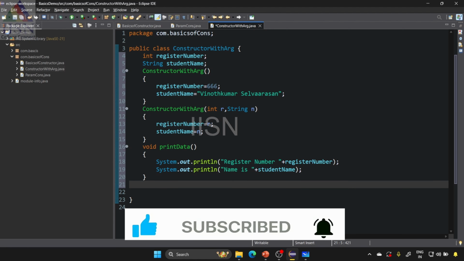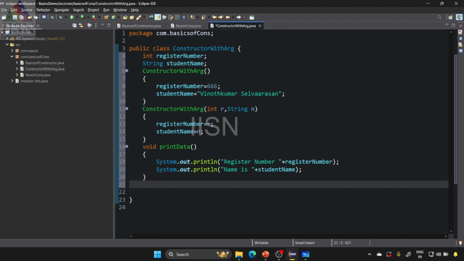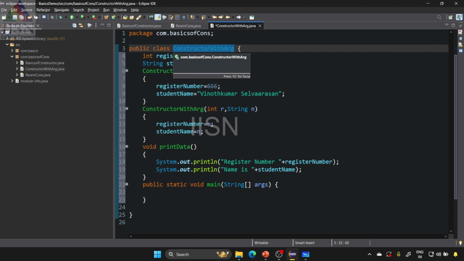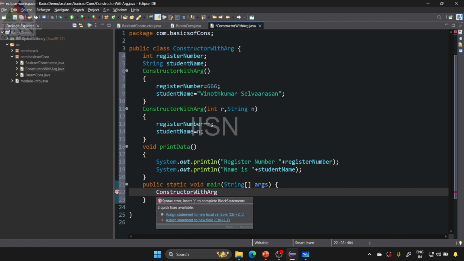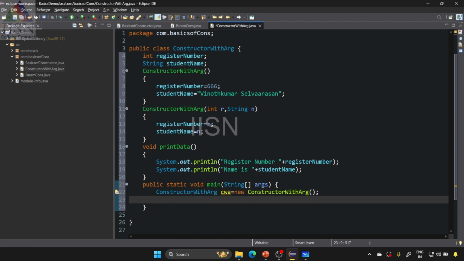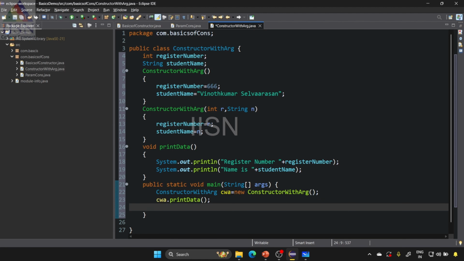Okay, so now you see, I'm just going to create a constructor. Now I'm going to create an object, and we are going to call the particular constructor based upon the argument. Okay, so here I'm going to create an object for this particular class, ConstructorWithArg cwa equal to new ConstructorWithArg, and then cwa dot print data,